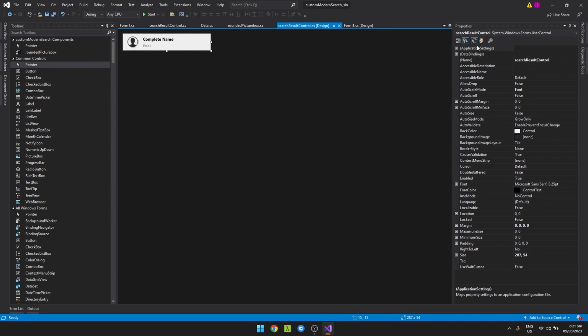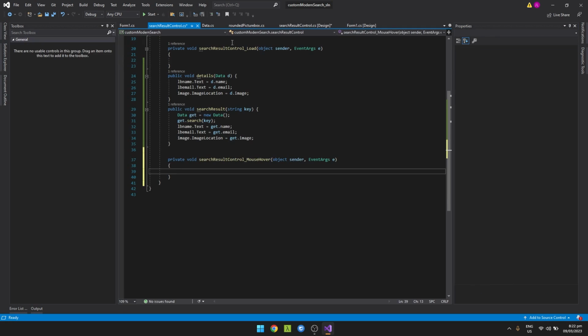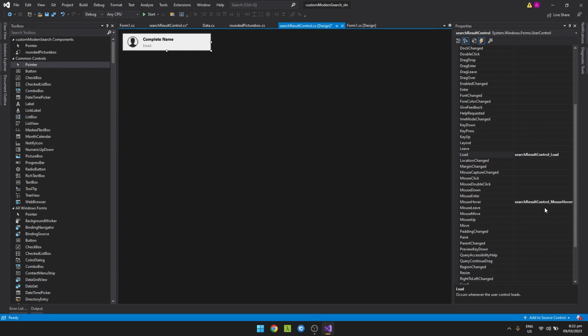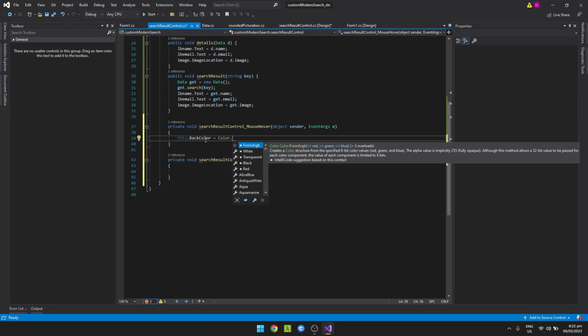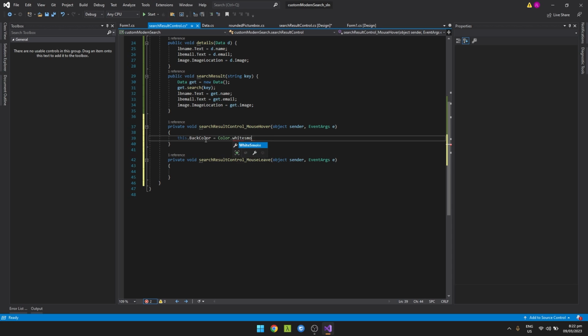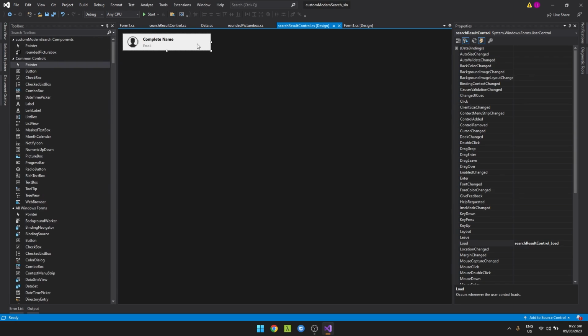To improve the user experience and make the search results more interactive, you can add a simple mouse hover effect to the search result control. This can be accomplished by modifying the control's properties and events to respond to mouse movement. By adding a mouse hover effect, you can make the search results more engaging and visually appealing, encouraging the user to interact with them more actively. This can help to improve the overall usability and functionality of the search feature, leading to a more satisfying user